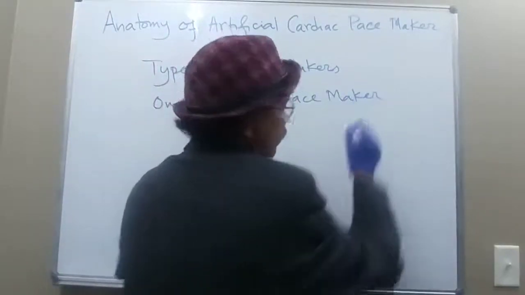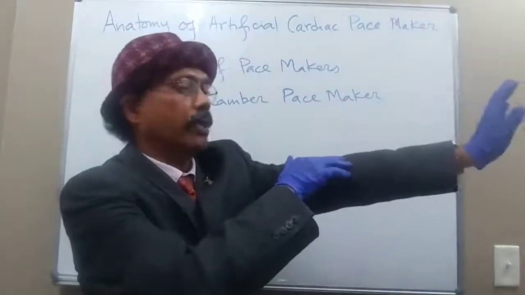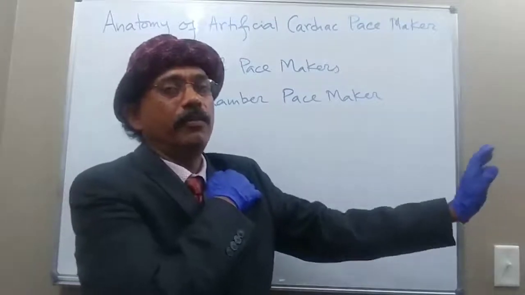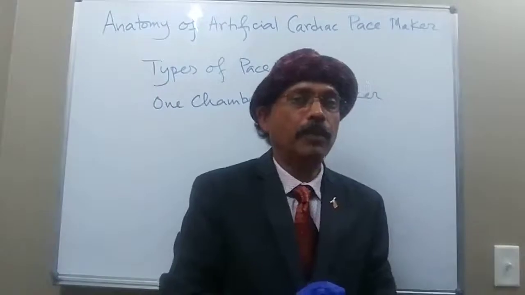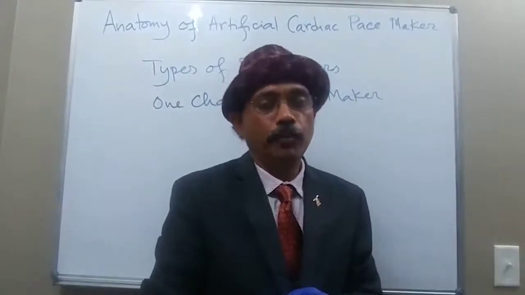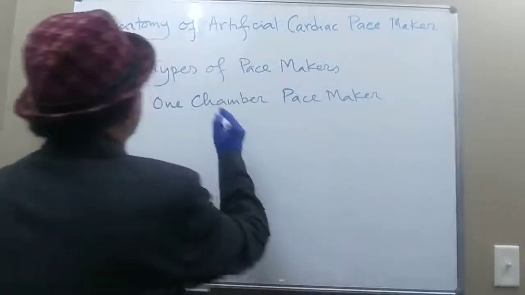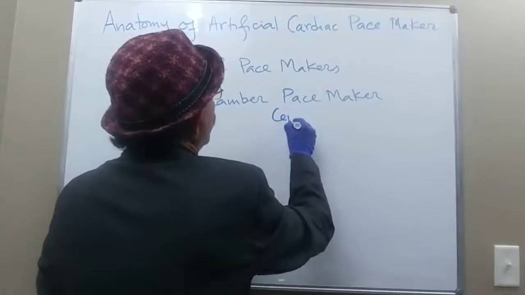How can we go there? We can go through the cephalic vein, the axillary vein, the subclavian vein, then the brachiocephalic vein, and the superior vena cava. I can write it here. If we go through a cephalic vein,